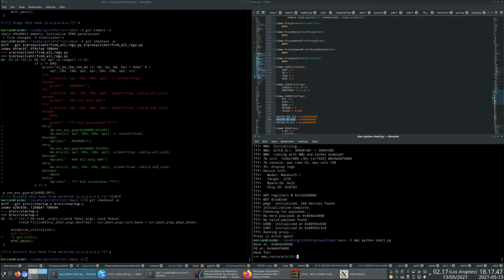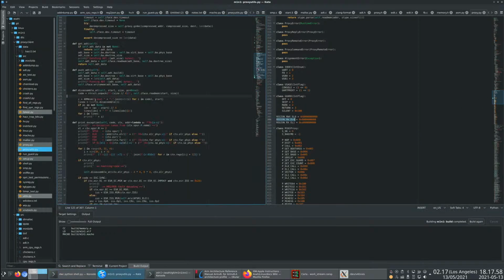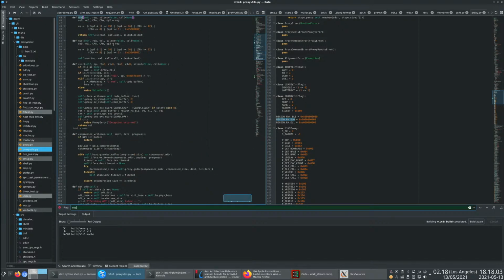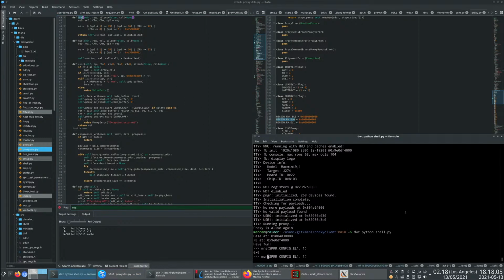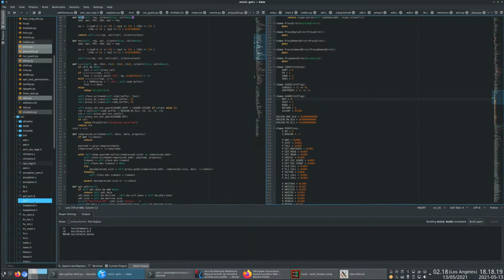So let's see. Get a shell. Config EL1. Turn that on. I keep doing MRS and that doesn't make any sense. Anyway, so now we have that enabled, and for the guarded stuff,